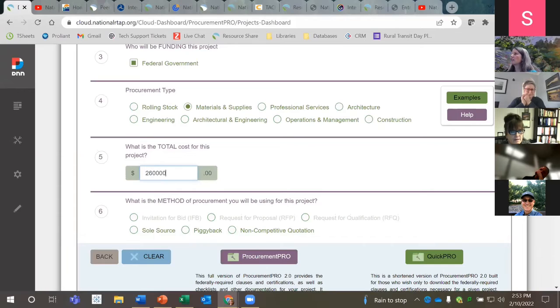It's supposed to... yeah, see, now it gives you the biggies like IFB, RFP, etc. So if I click that, and you can do it in Procurement Pro, which will ask you to fill out more things, or Quick Pro, it will just give you a quick procurement, and it'll give you, hopefully while we're still here,